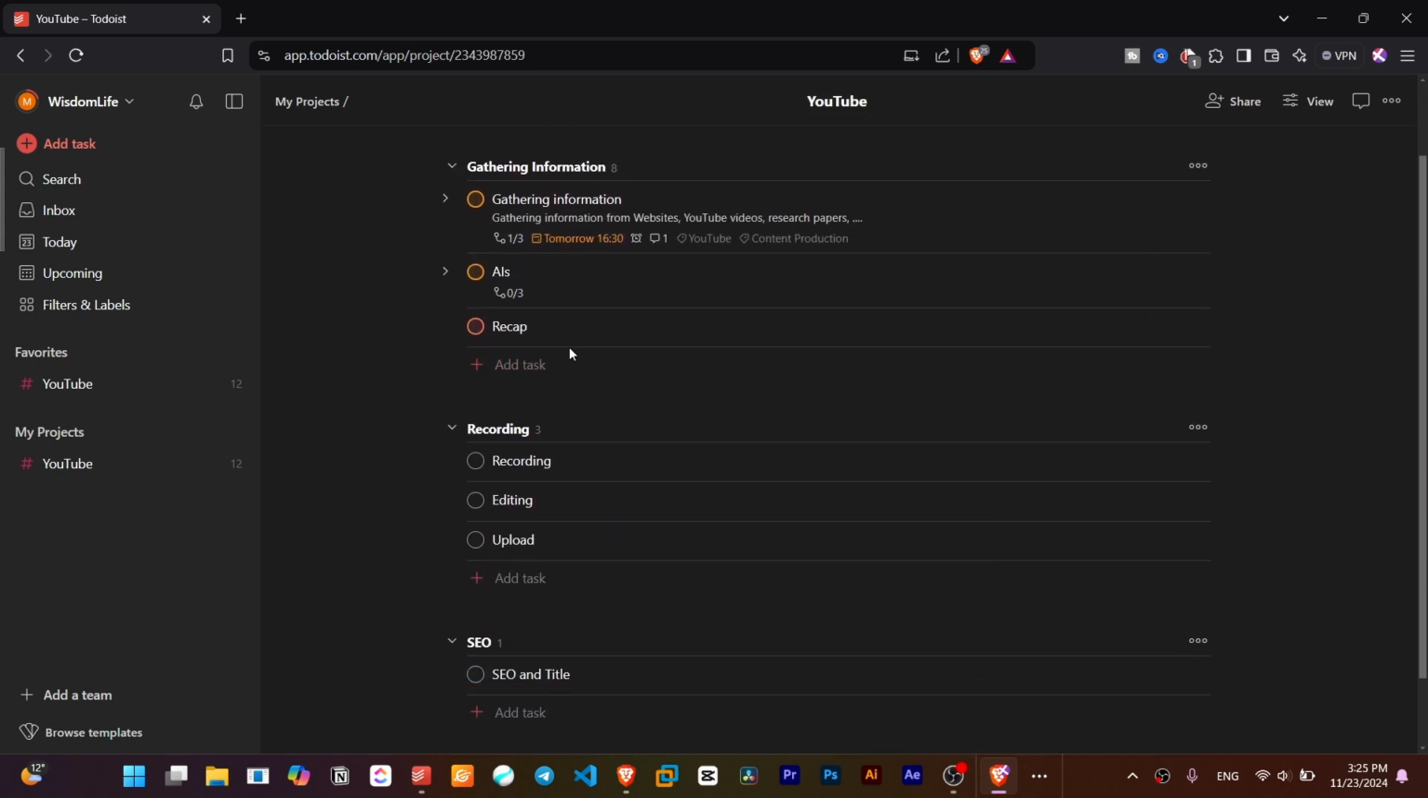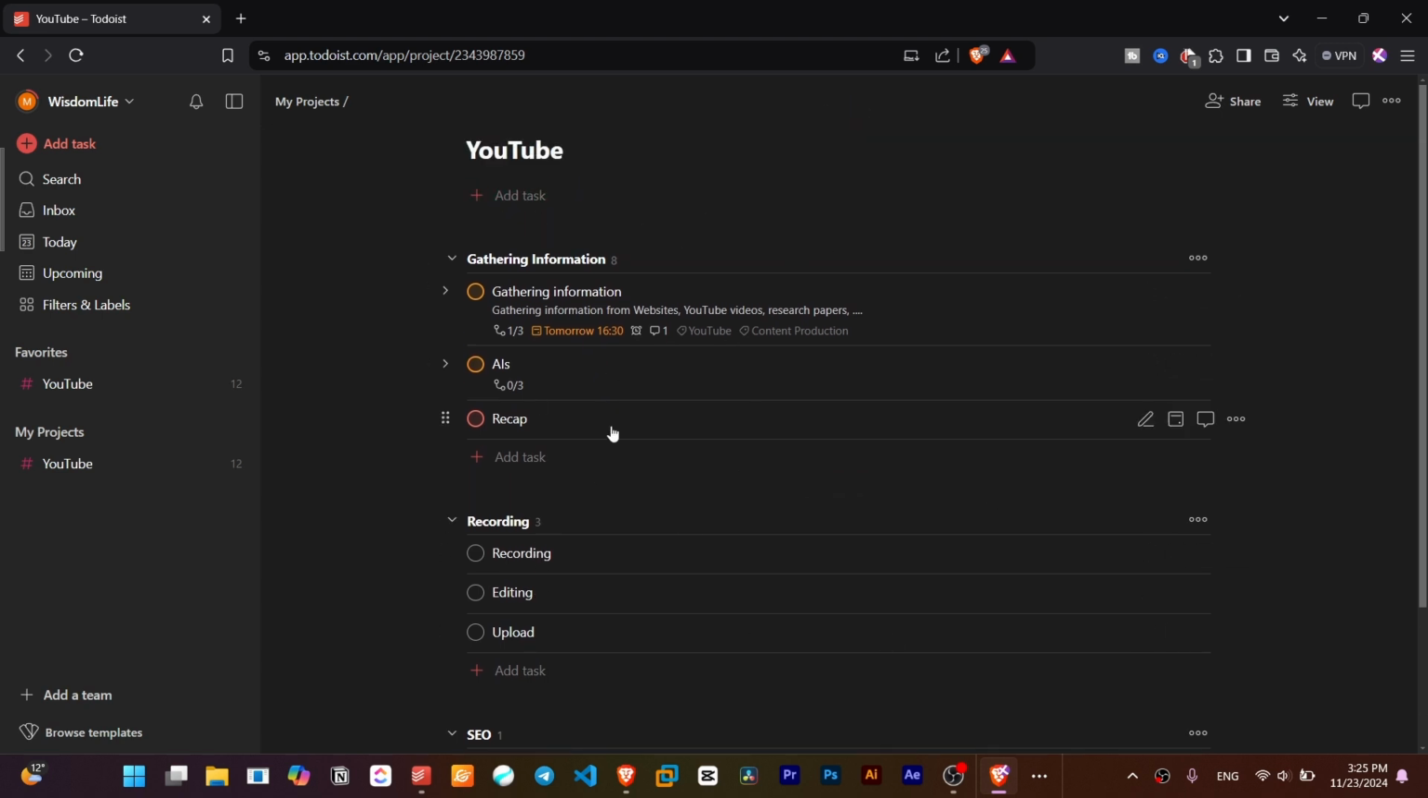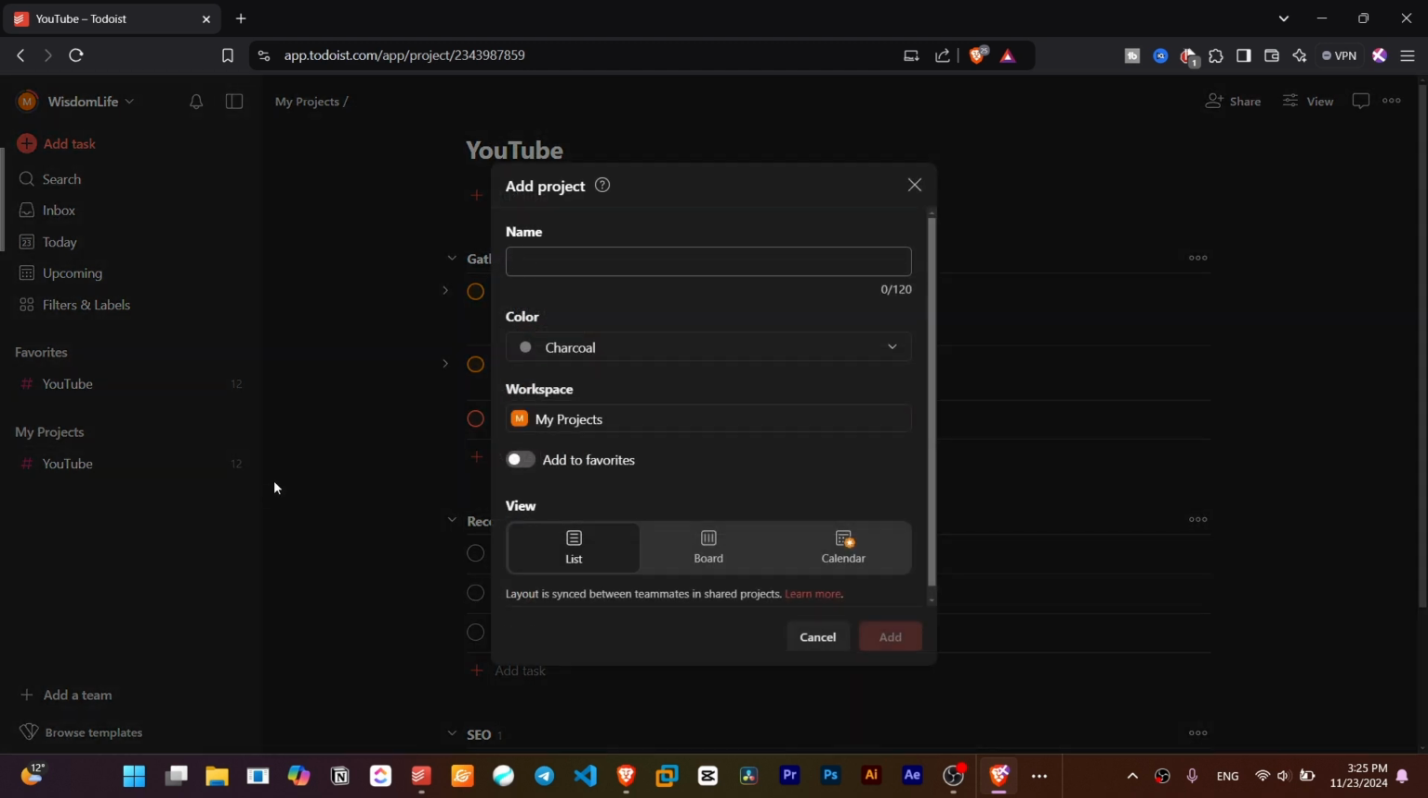we have great organization: gathering information as one section, recording another section, and so on. So you have great organization here, and you can specify your tasks, categorize them, add more sections, and etc. Another template that you can use for sectioning, I'd like to discuss now, and it's so great and